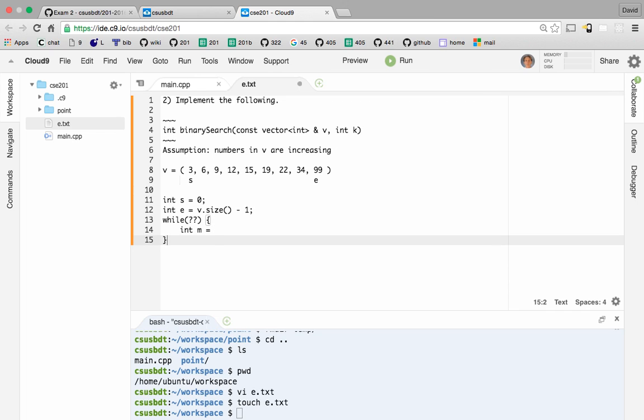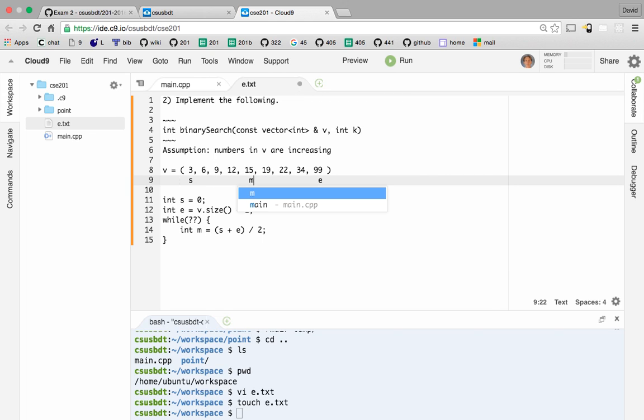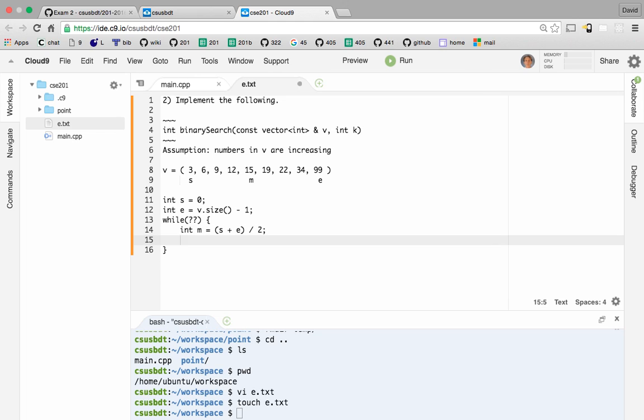And so what we do is we want to look at the middle item, that's in the middle of those two. So we use the midpoint formula, which is just the average of the start and end indices. So that means M will calculate out to somewhere in here, whatever it is. So we calculate M, and then we're going to look at M. So if V of M,